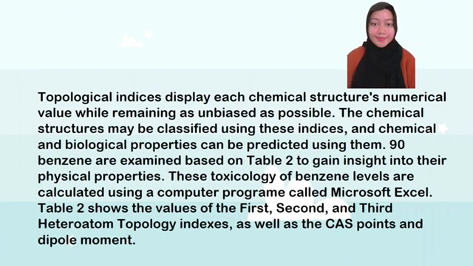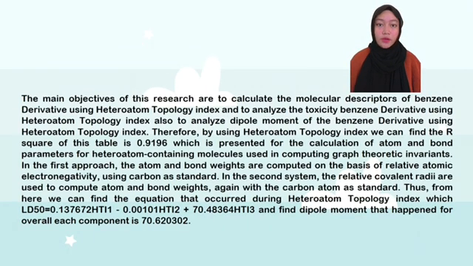and dipole moment. The main objectives of this research are to calculate the molecular descriptors of benzene derivatives using heteroatom topology index, to analyze the toxicity of benzene derivatives using heteroatom topology index, and also to analyze the dipole moment of the benzene derivatives using heteroatom topology index. Therefore, by using heteroatom topology index, we can find the R-square of this table is 0.9196, which is present for the calculation of atom and bond parameters for heteroatom containing molecules used in computing graph